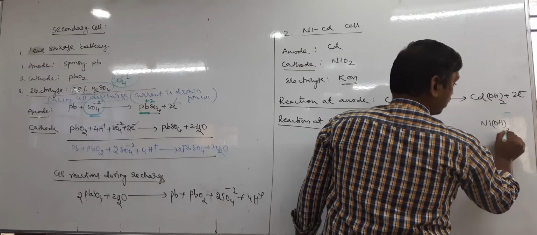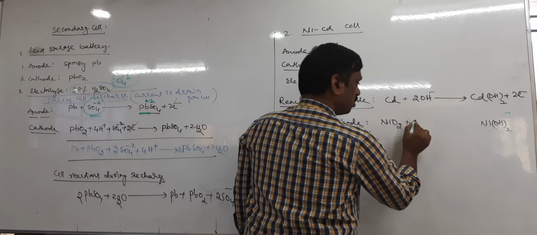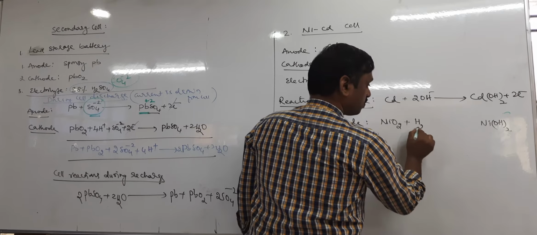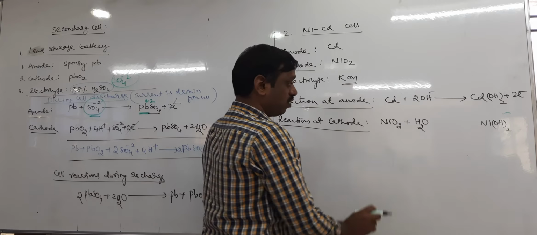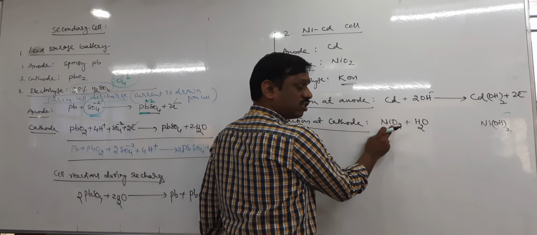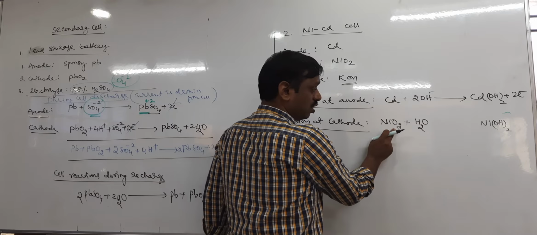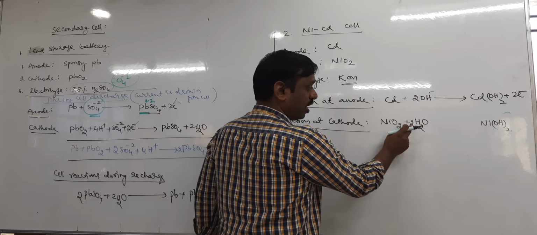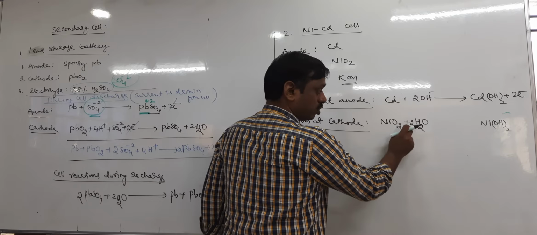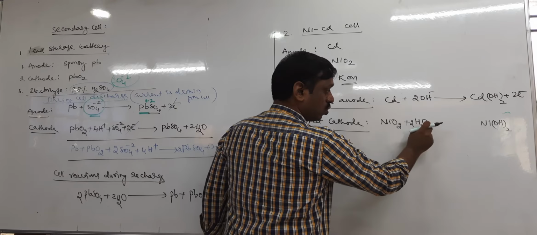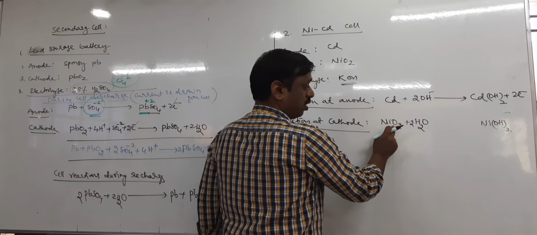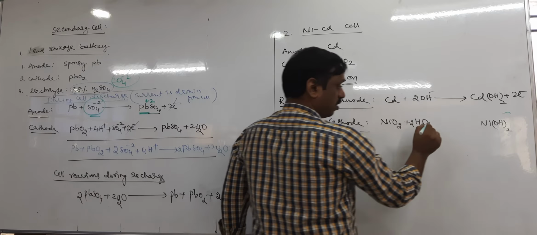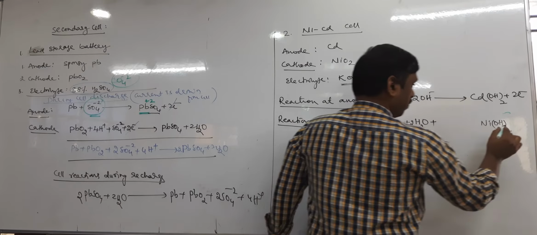What should be taken? There is water. Water is taken. Now tell me, how many oxygen are there? 2 oxygen. So therefore, you take it as 2. Now in total, how many hydrogen? 2 times 2, 4 hydrogen. How many oxygen? 2 plus 2, 4 oxygen. That means 4 hydrogen, 4 oxygen. So we will see the electron first.